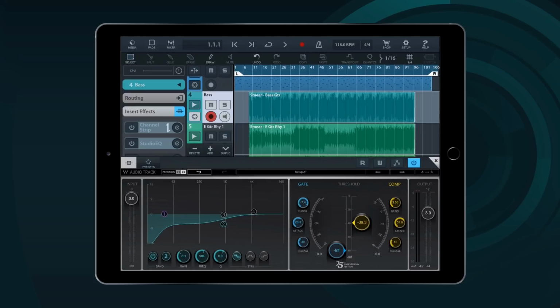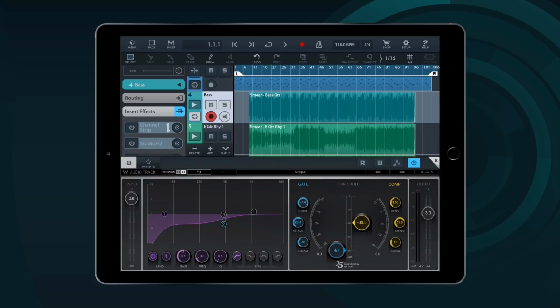Now I'm going to jump ahead just a little bit. These are the settings I made for the bass track. And I would like to use those settings to explain a little bit more how this plugin works. So on the left-hand side in the EQ section, you can see that there are 4 bands, and you can simply tap on any of the numbers to select this particular band.